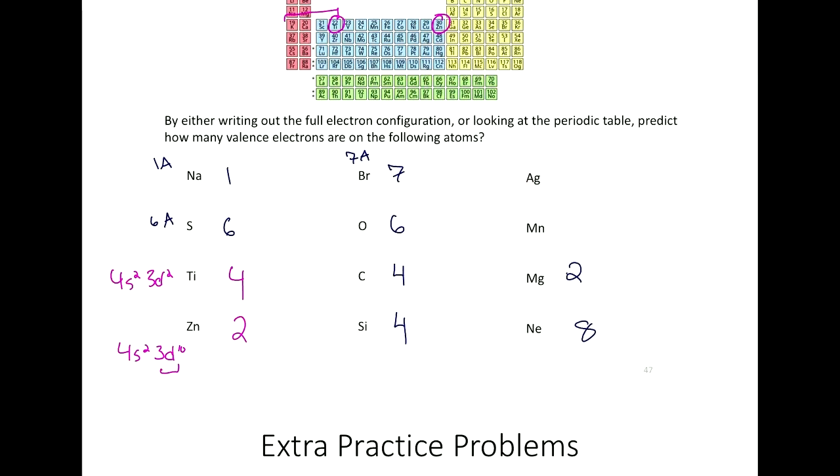All right. Silver has 1 valence electron because this is an anomaly. It's 5s1, 4d10, because it's one of our anomalous electron configurations. Also, only silver plus 1 exists. That's why it's 1 valence electron. Manganese has 7 valence electrons because it is 4s2, 3d5. And again, because we know manganese plus 7 exists. That's the real reason behind those rules.